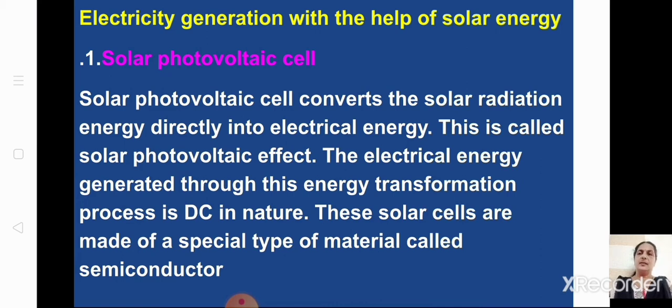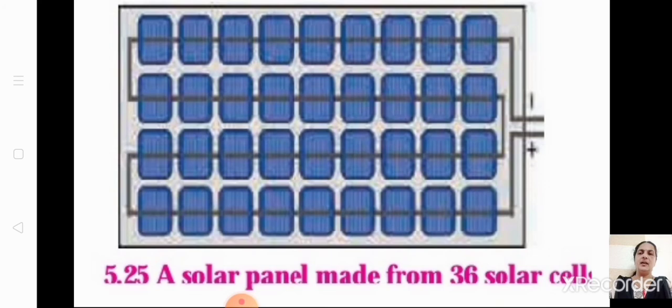You can see this is the panel. You can see here how a panel is made with 36 solar cells, which are connected in series and parallel. You get enough amount of electricity and potential difference through this. That full page is not there for this year, but you just go through that video, because that explanation is needed for you to understand how electricity is produced through this photovoltaic cell.